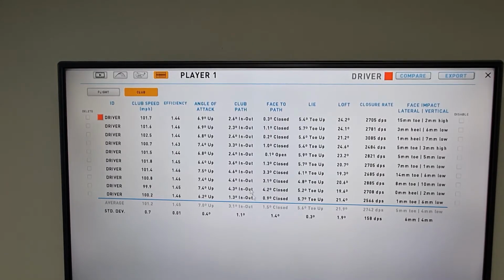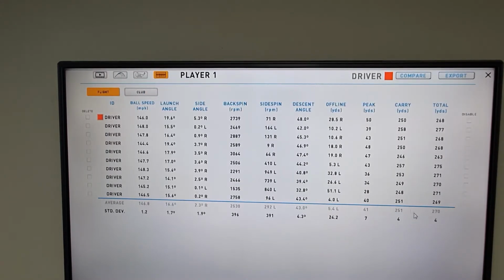Right folks, so results in today, definitely not swinging it as fast as I was last week. I guess I just didn't have it today, one dropping under 100, which isn't very good at all. But let's have a look at the distances, because this is what's funny about golf, it always seems to be a wee bit back to front. I actually hit the ball on average further this week, 251 yards of carry distance up to 270 average,